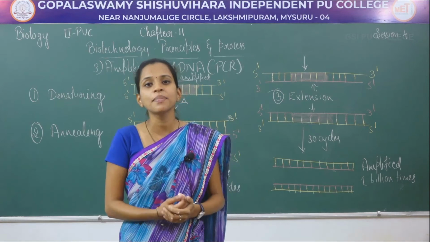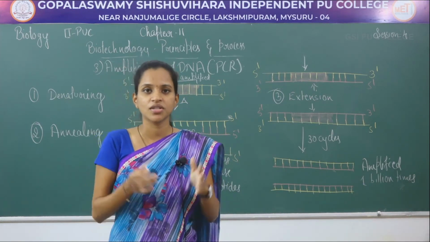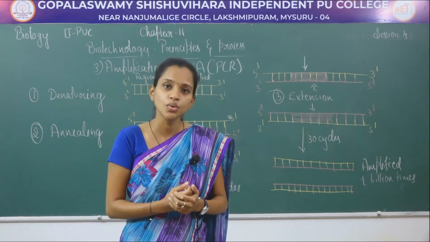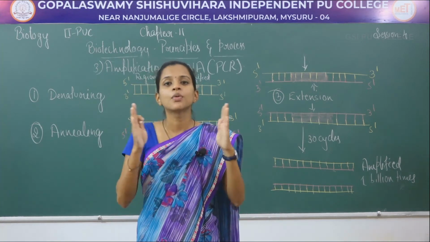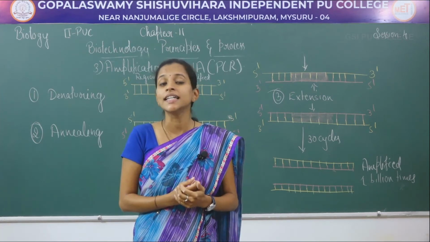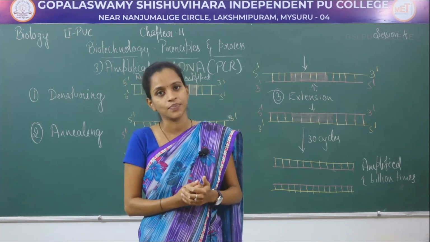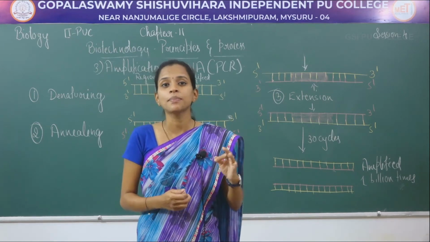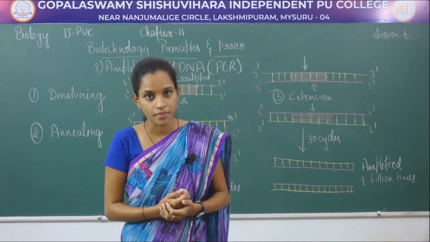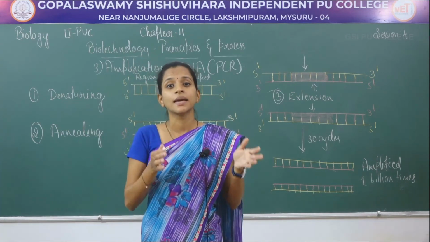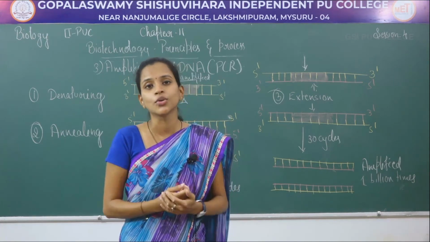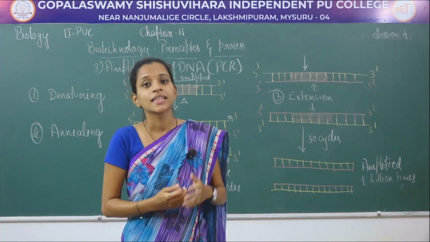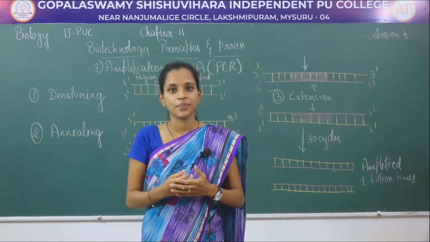So in the first step, the region of amplification is identified. It is heated, so the DNA will be broken down into two separate strands. Now each broken down individual strand is called a DNA template. To this DNA template, at the DNA template's 3' end, we will be adding the primer. The primer is a chemically synthesized oligonucleotide which is complementary to the DNA template. This process is called annealing.